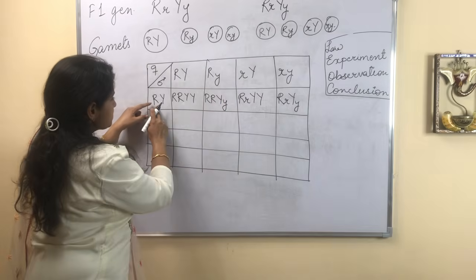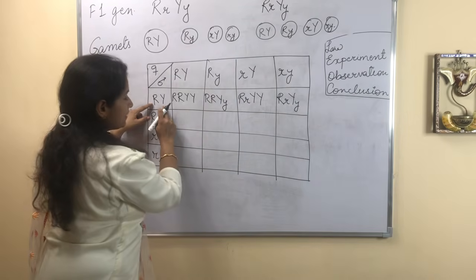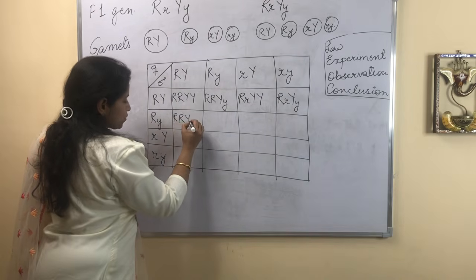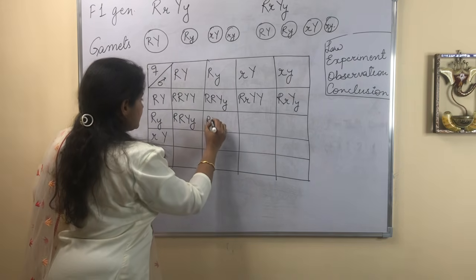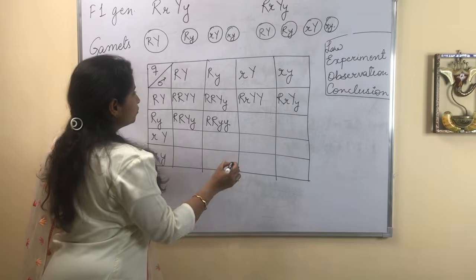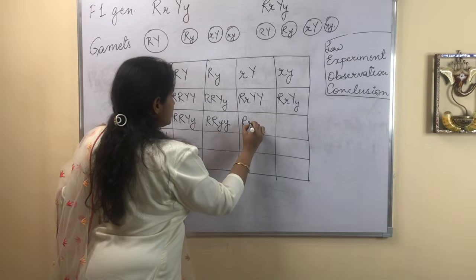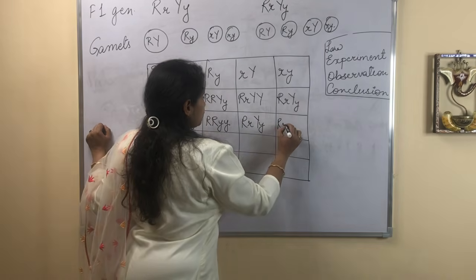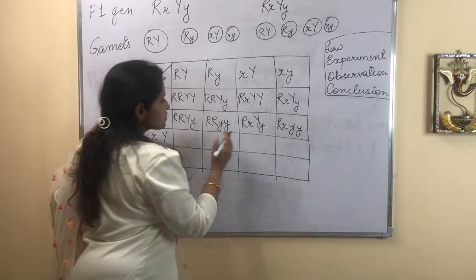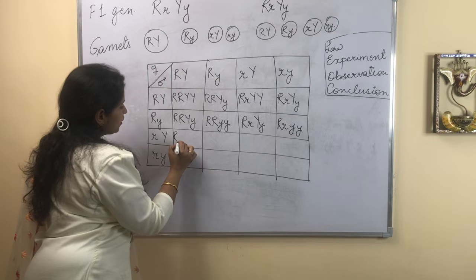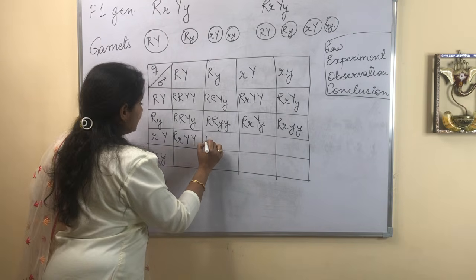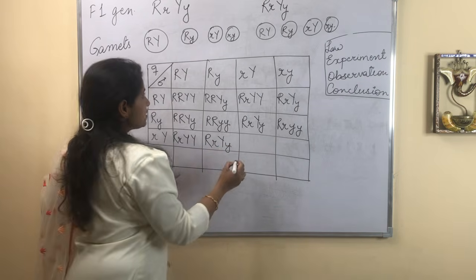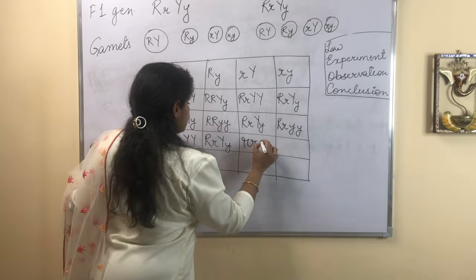ठीक है, बस दोनों साइड के हमने लिखा है। इसमें से एक कैपिटल आर ले लिया, इधर से एक स्मॉल आर, इधर से कैपिटल वाई, इधर से एक स्मॉल वाई। ठीक है, तो इसी तरह से हम पूरा हमारा स्क्वायर बना सकते हैं। इस स्क्वायर जो बनाते हैं इसका नाम बुक में मेंशन नहीं है बट इसको बोलते हैं पुन्नेट स्क्वायर। पुन्नेट वाज अ साइंटिस्ट हु गेव दिस मेथड, तो इसको स्क्वायर को बोलते हैं पुन्नेट स्क्वायर। तो इस तरह से हम पूरा वर्कआउट कर लेंगे और हमको सारे रिजल्ट्स आ जाएंगे। इन रिजल्ट्स के आने के बाद हम इन रिजल्ट्स को कंपेयर करके देखेंगे कि हमारे कितने प्लांट्स राउंड आ रहे हैं, कितने प्लांट्स रिंकल्ड आ रहे हैं, कितने प्लांट्स के पास ग्रीन सीड्स हैं तो कितने प्लांट्स के पास में येलो सीड्स हैं।